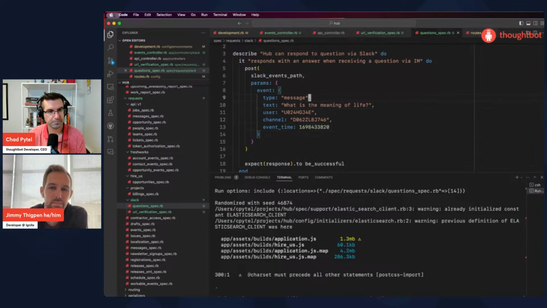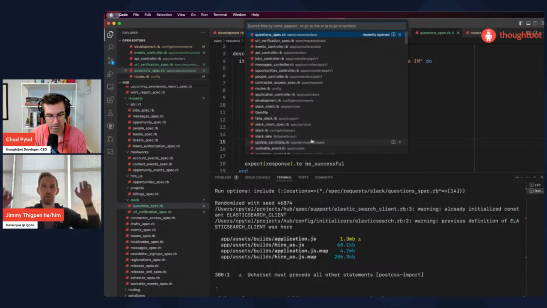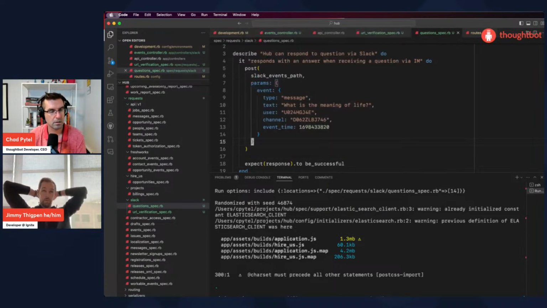Okay, so now what we want to do is have the bot, or this controller, initiate answering the question. And do we want the bot to show that it's thinking, like typing a response?